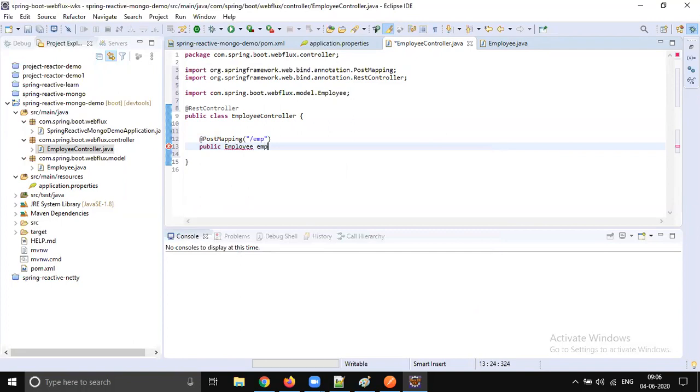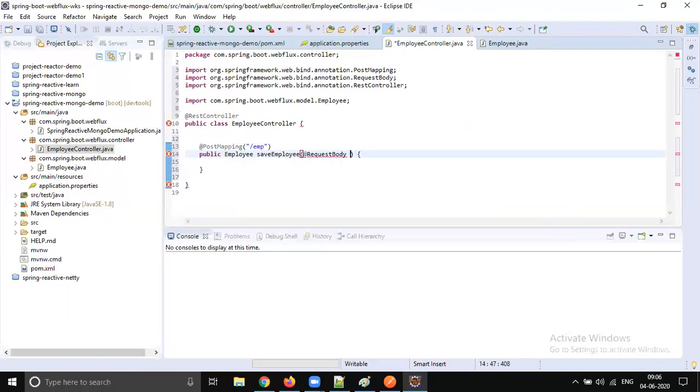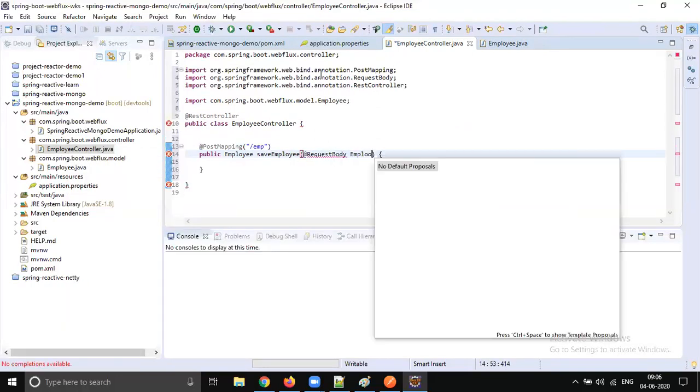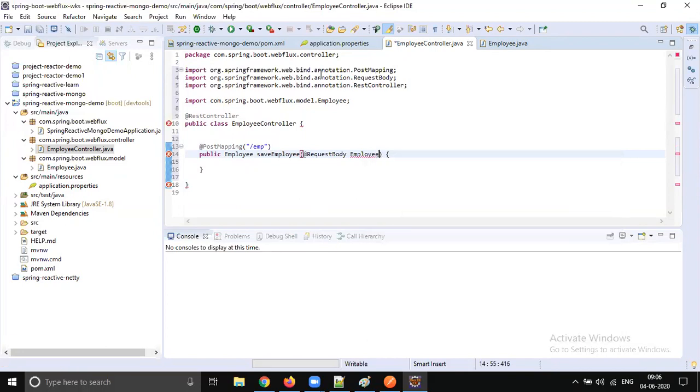Employee emp, the method name is saveEmployee. Just save this request body into employee, right? So we are going to save this into the MongoDB database.